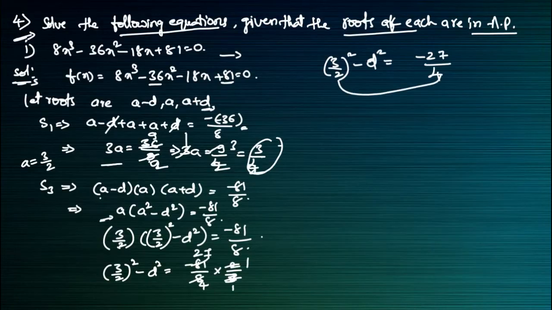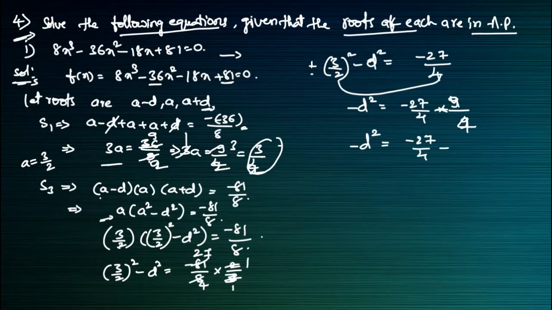So here, minus d square is equal to the right side of the equation, 3 by 2 whole square, so minus 27 divided by 4, it will be the reciprocal, it will become 4 divided by 3 square, which is equal to 9 here. Hey students, it is not the reciprocal, here it will become plus, now it will become minus, minus 9 by 4 will come here. So please concentrate, I made a mistake here. So it will be minus, now it will become plus: minus d square is equal to minus 27 divided by 4 minus 9 by 4, okay. 4 is the LCM of this one, it will become minus 27 minus 9.